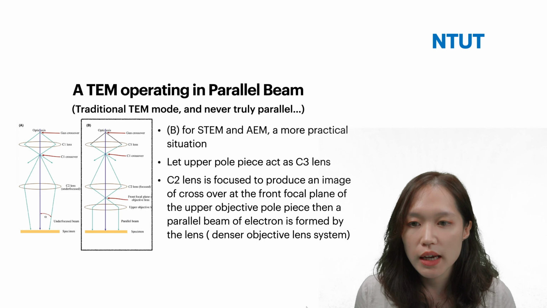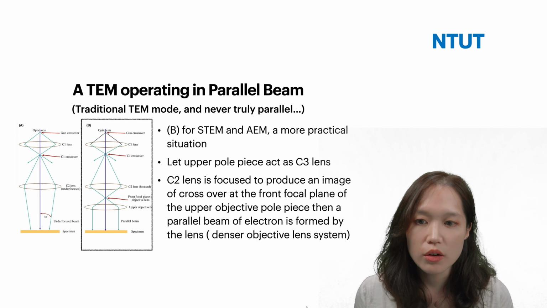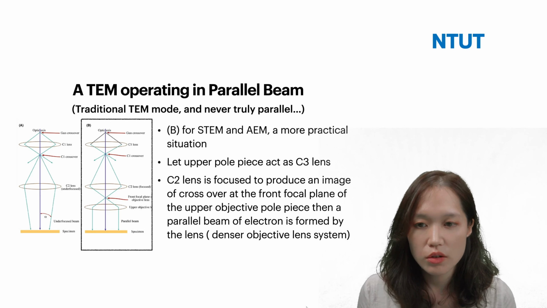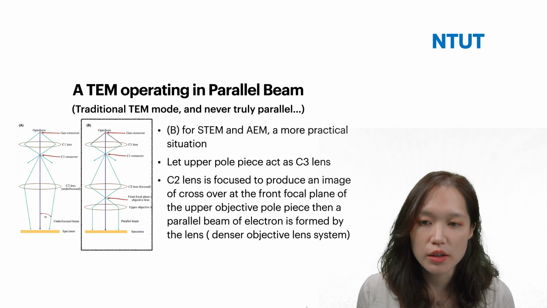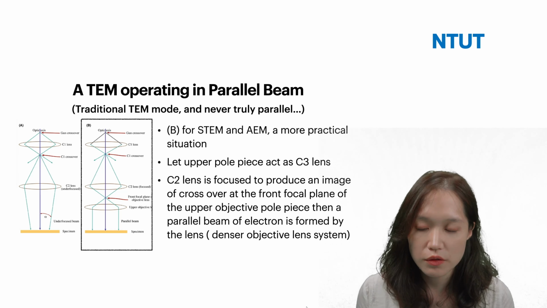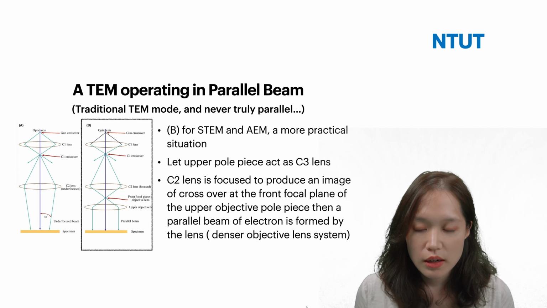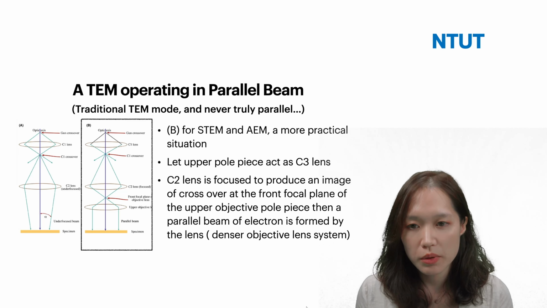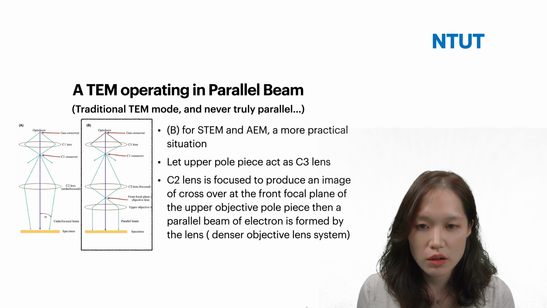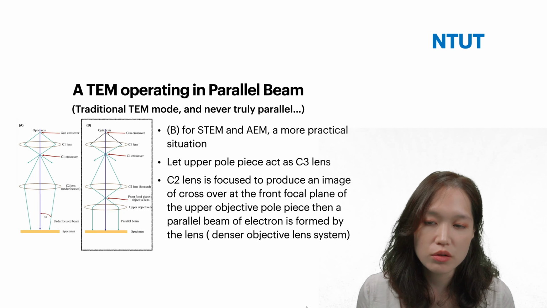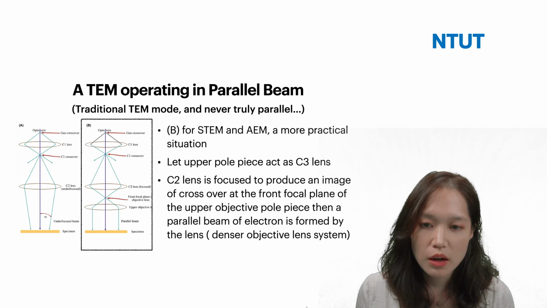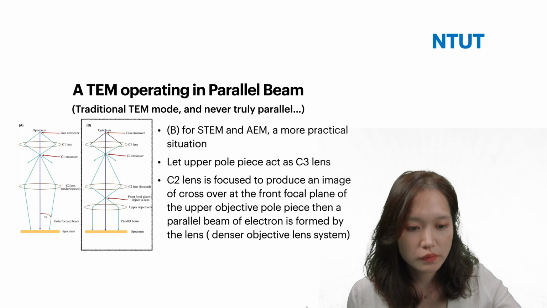So we can see here, regardless of which way you're playing with, we are only playing with the strength of the lenses rather than changing the XY state of anything. Okay, so the lens positions are fixed. The only thing we're playing around with is the strength of the magnets, so we can change how the electrons inside this whole column are being put together.